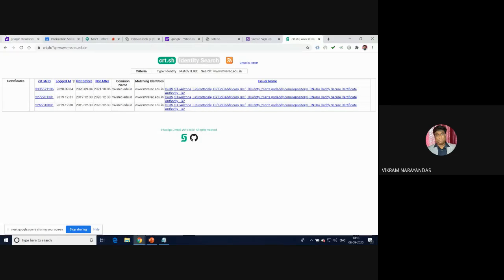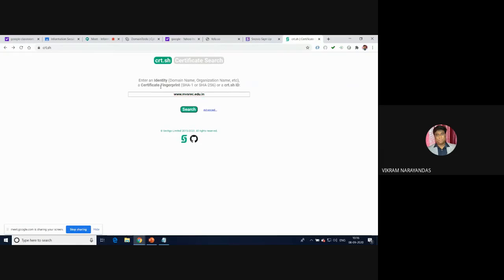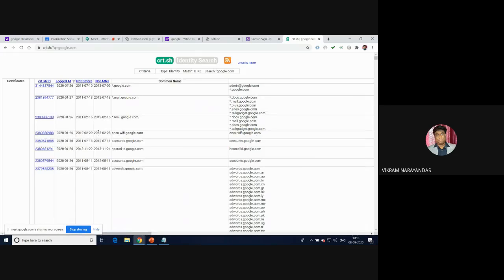If you type Google, okay, go for Google. I can type any domain name here. So type google.com. So you can see google.com, it will show the different subdomains of google.com here. And the same domains which have the same certificate installed. So these are the same domain names and the same certificate here. This crt is nothing but the certificate of the Google.